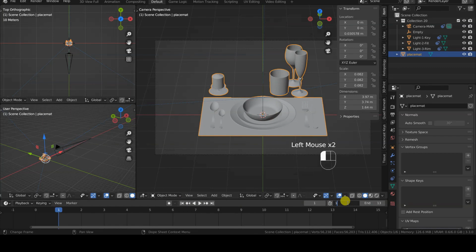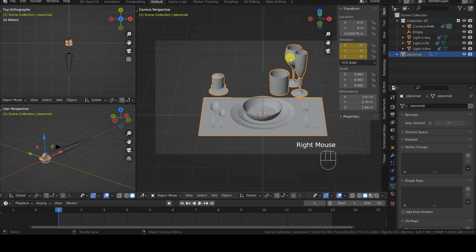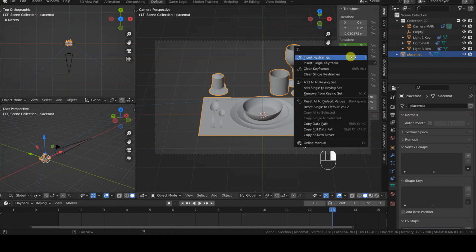With the 3D model selected at frame 1 of the timeline, make sure that the rotation values in the Transform tab are initially reset to 0. Then right-click on Rotation Z and select the Insert Keyframes operation. Then go to the last frame of the animation, enter 360 in the Rotation Z field of the object, right-click and choose the Insert Keyframe operation.